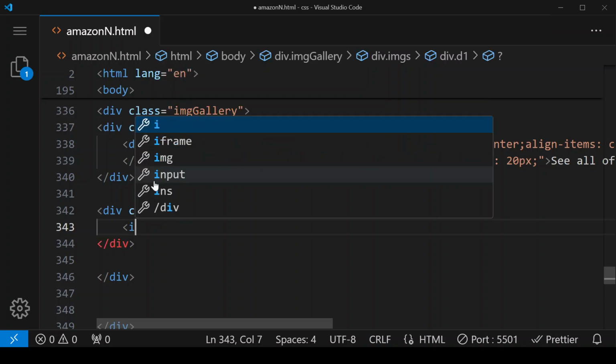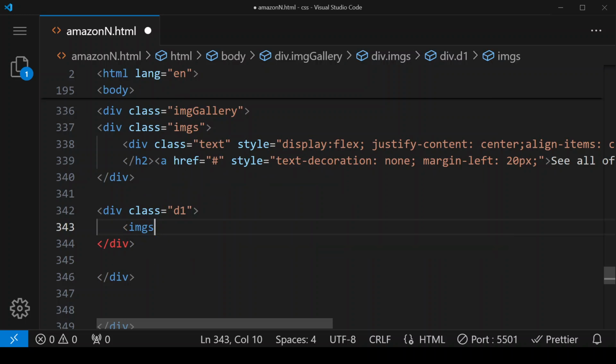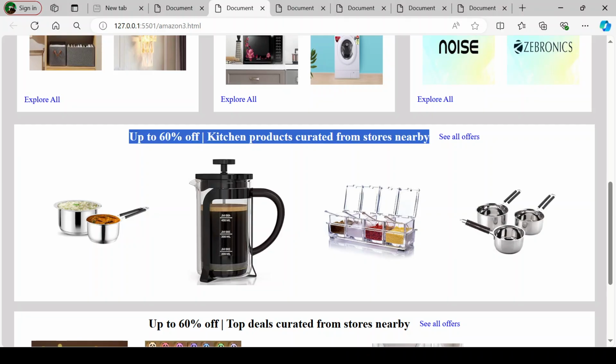So to give images we have img src equals to, here the name of my image is m.jpg. Save, and it is looking like this.